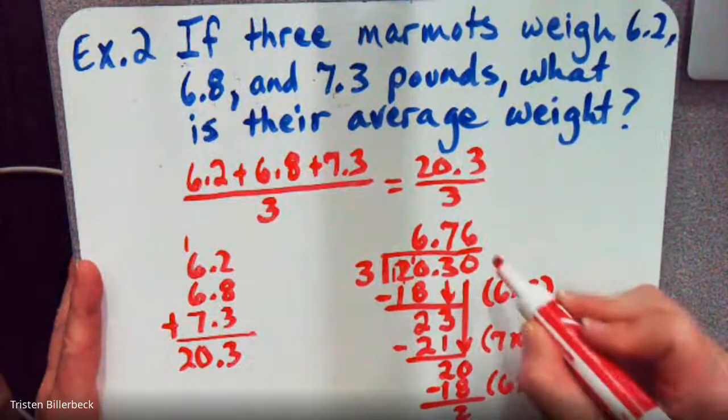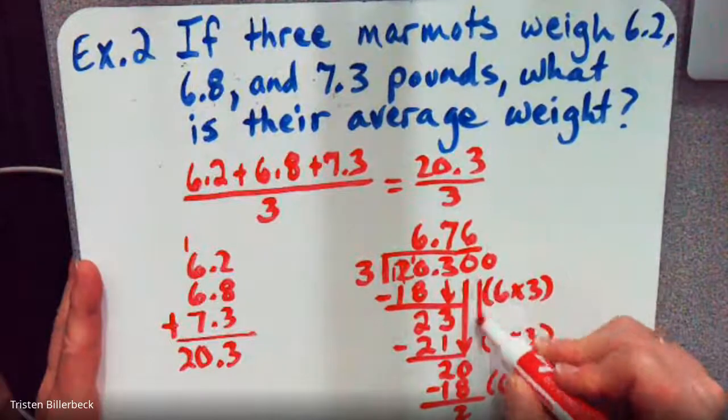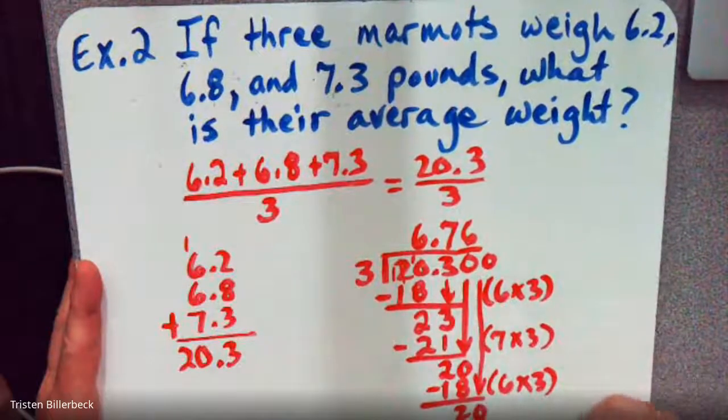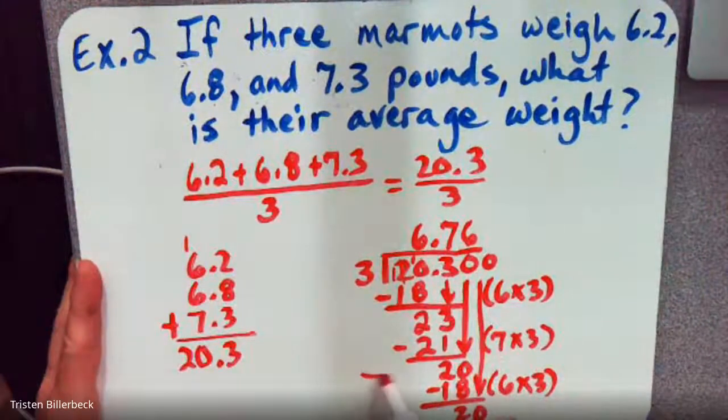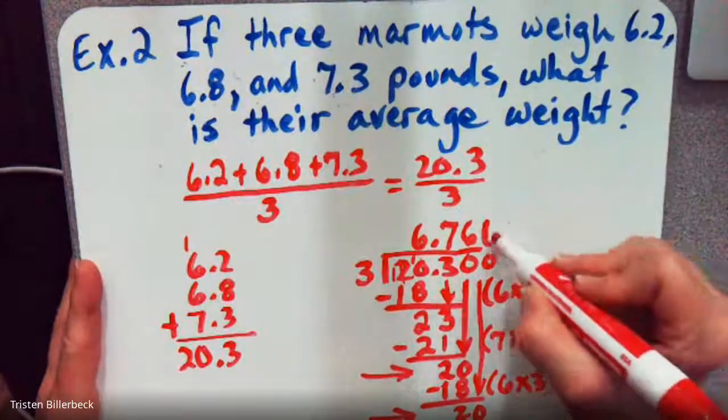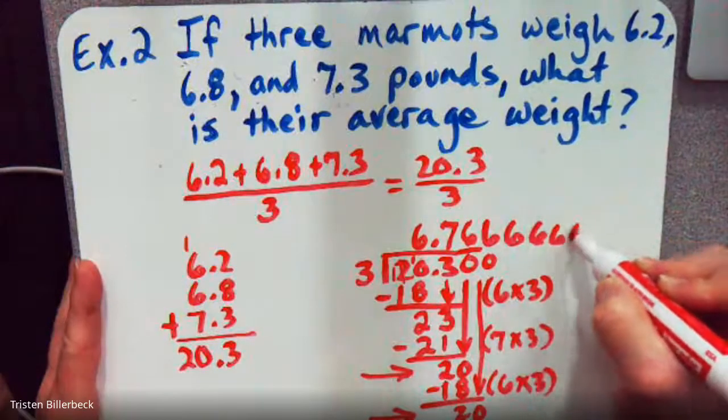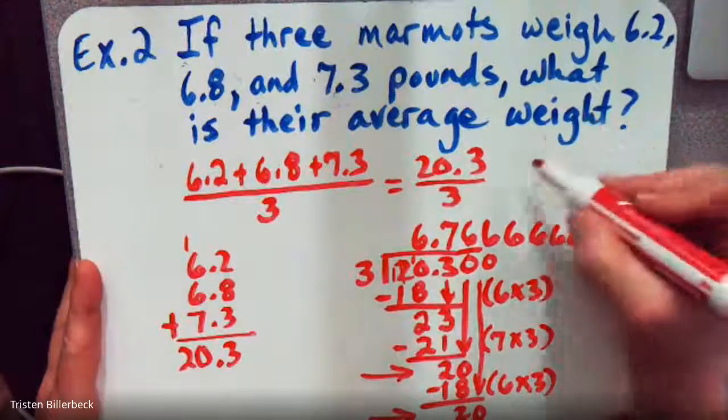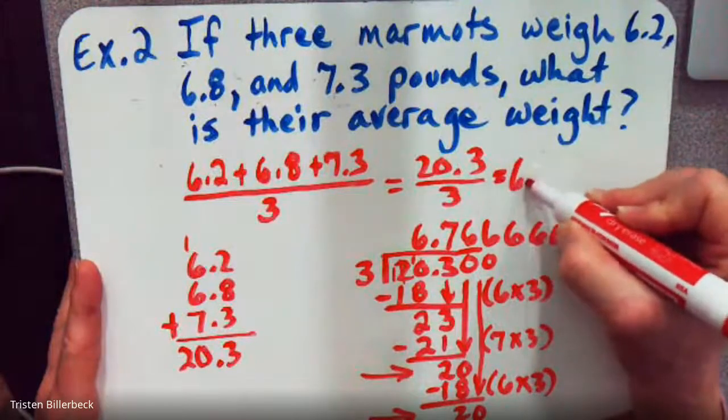Subtract, we get 2. And if we keep going and dropping zeros down, we are going to start repeating because that's the same as that. So we're in a repeating decimal situation. Okay, so it's just going to be 6666666. Okay, so we could write this as